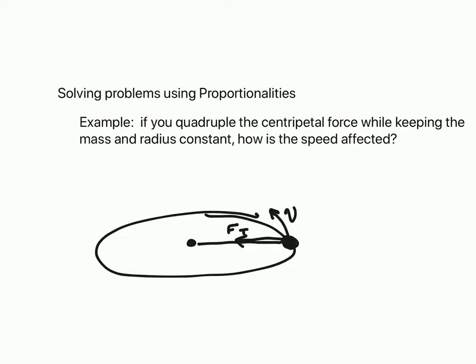So now we need to discuss solving problems using proportionalities. And this applies anytime you see a question that says, if something doubles or triples or quadruples, then how is this other variable affected? So you have a cause variable and an effect variable. And in the example I've provided you, if you quadruple the centripetal force while spinning a yo-yo around in a horizontal circle, if you quadruple the centripetal force while keeping the mass and radius constant, how will the speed be